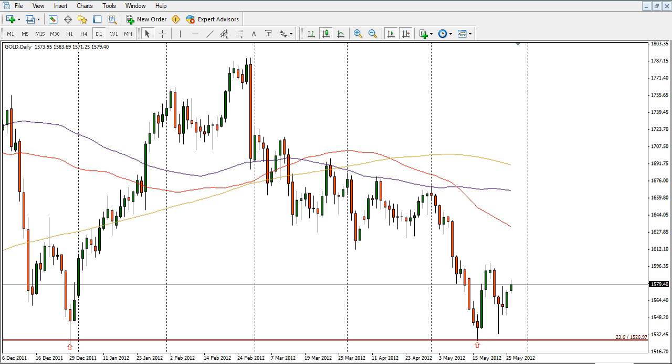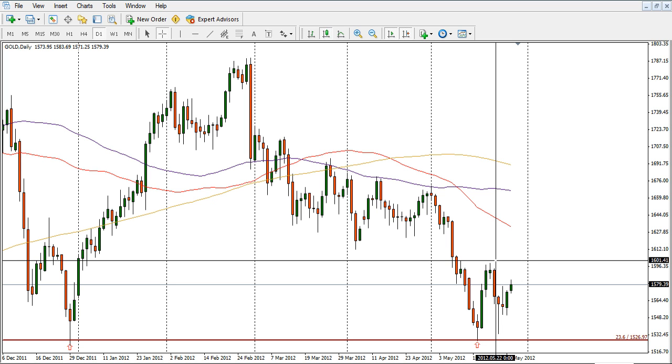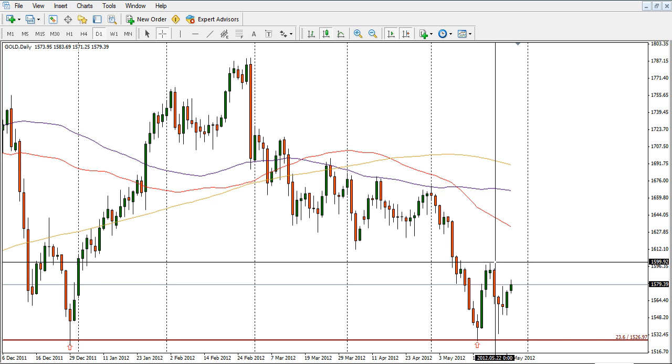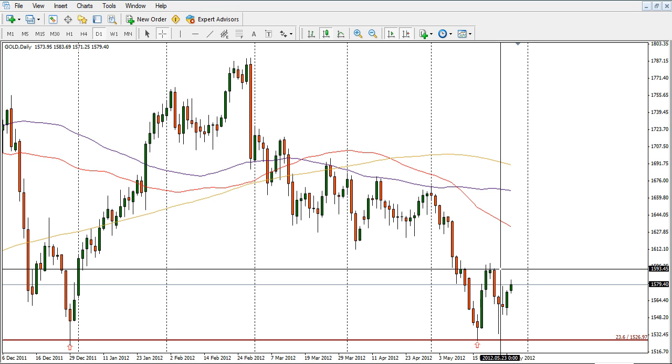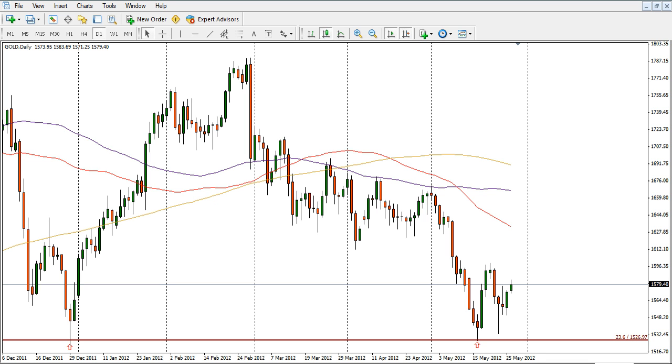It's popped up and it's found resistance at just below the 1600 level, really. So we did get a nice pop up, and then we found resistance there, but it's now looking to bounce back up as well. If we're going to get any momentum towards the upside, then we need to break those previous highs around there on gold. And then the first resistance I'll be looking at is this 55-day moving average at 1637, followed